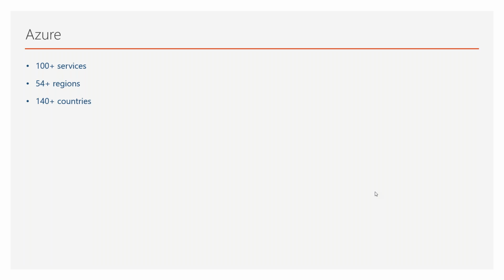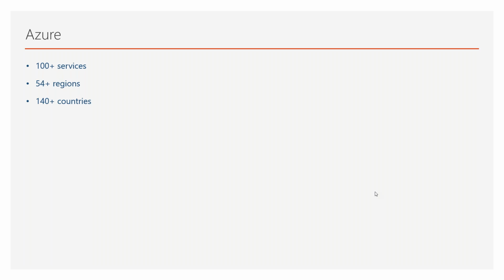These services can be deployed in more than 54 different regions. Now region, when we say region, is not a country. Okay, so in one country there could be multiple regions. You go ahead and select in which region you want to deploy it. People who are coming from India will say South India, Central India, West India. These are three different regions in India itself. If you go to the US, you have East US, West US, West US 2, East US 2, Central US. So all these are different regions in which you can do the deployments.